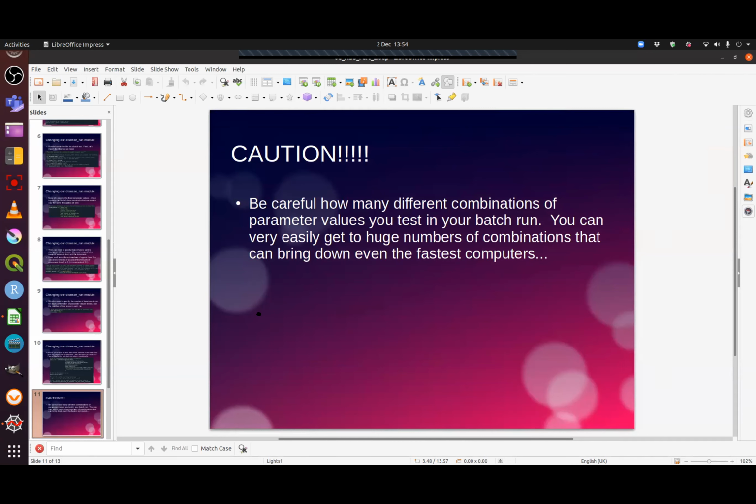Agent-based simulation is quite computationally complex, because essentially you're modeling lots and lots of agents all doing their own thing and interacting, and that causes quite a lot of strain on your computer. You can very quickly get very complex agent-based simulations which take a lot of computing power, and if you then throw into the mix having lots of different combinations that you're running in batch, you can very, very